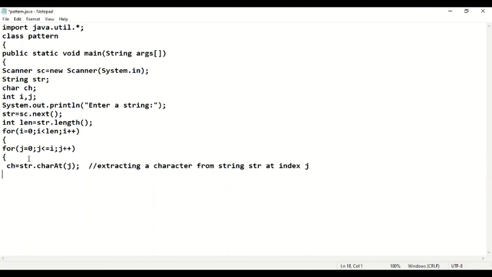What does this mean? When i is 0, and we have entered the string as basic, we are referring to the character b. The j loop runs from 0 to 0, only once, and charAt(0) is extracted, which means b. After this we print System.out.print(ch) with a space.